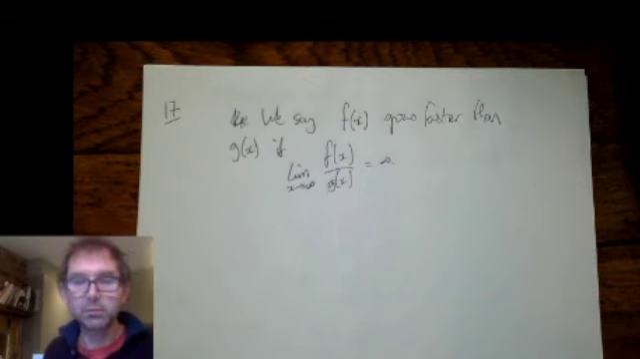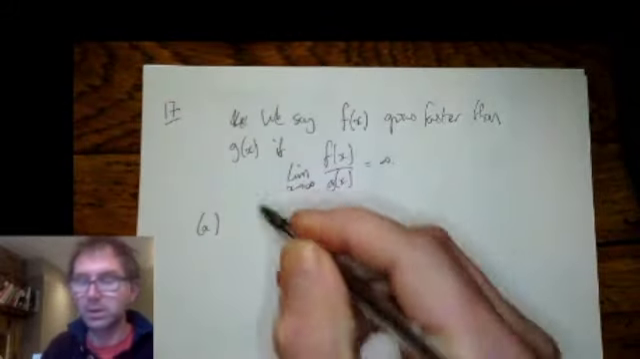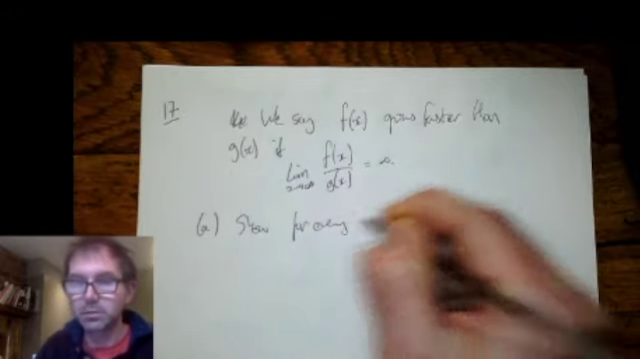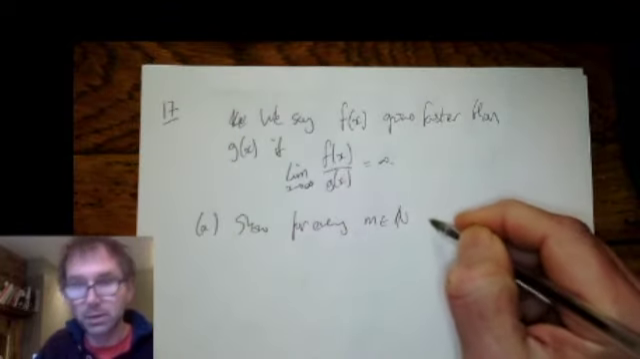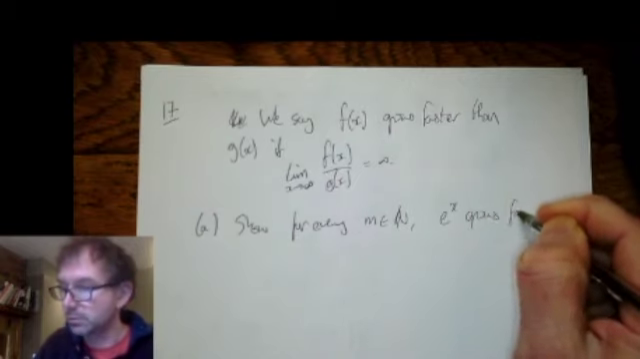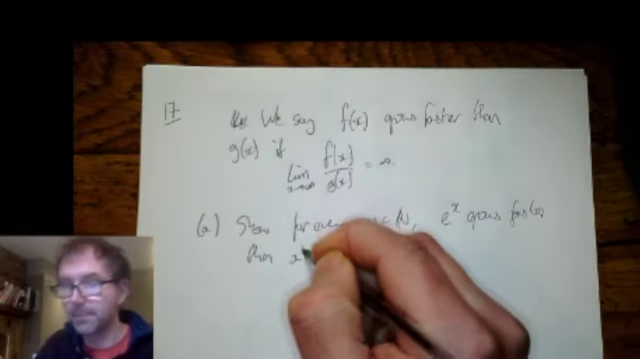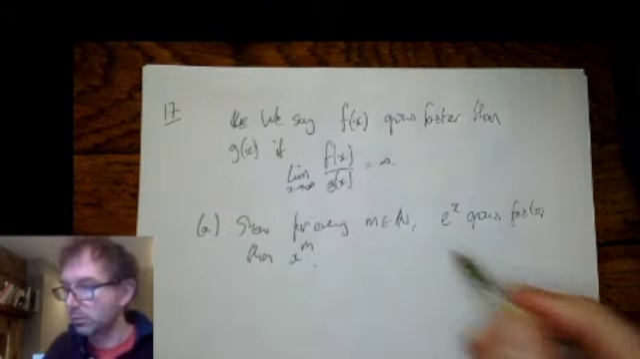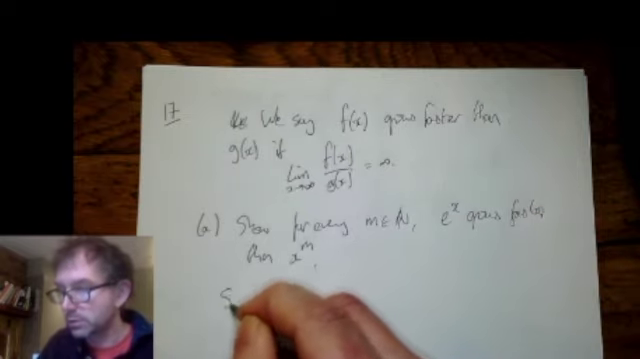Okay, right. So the warm-up question is to show that for every m in N, no matter how large, e to the x grows faster than x to the m. So we want to calculate, so solution,